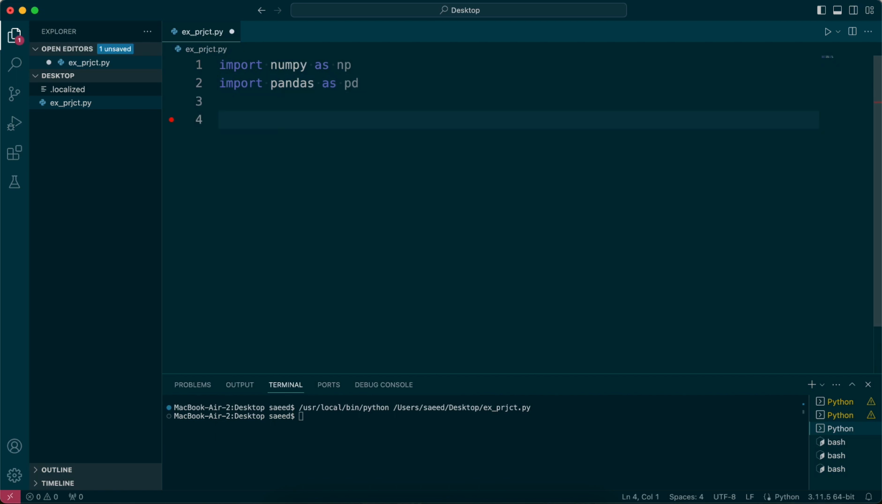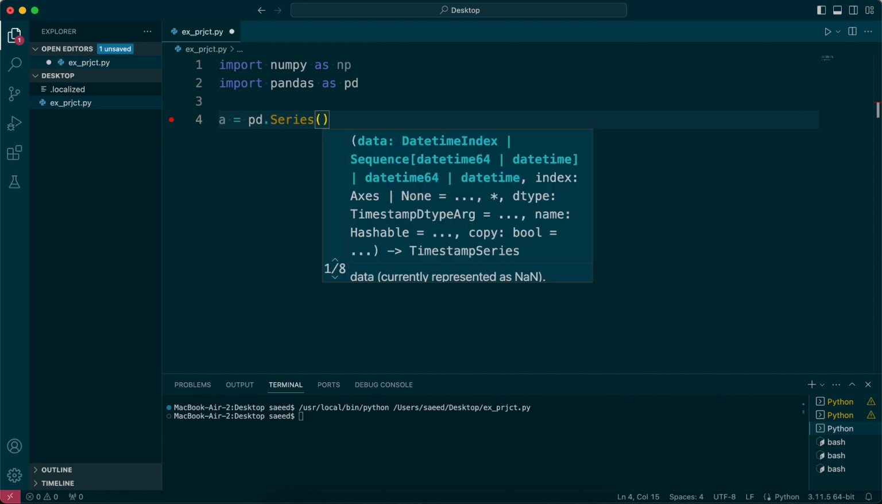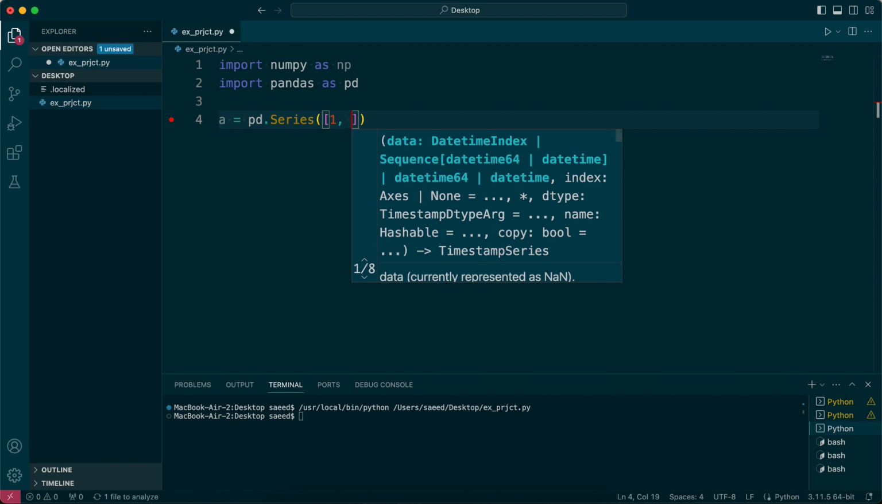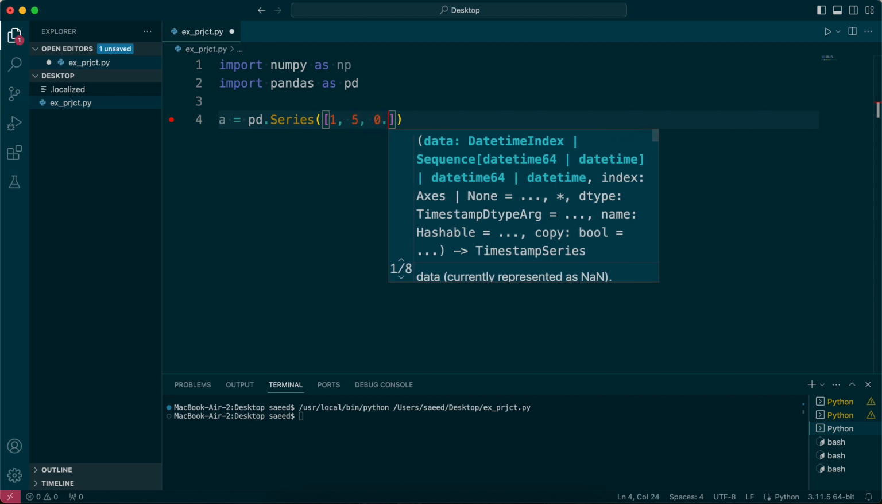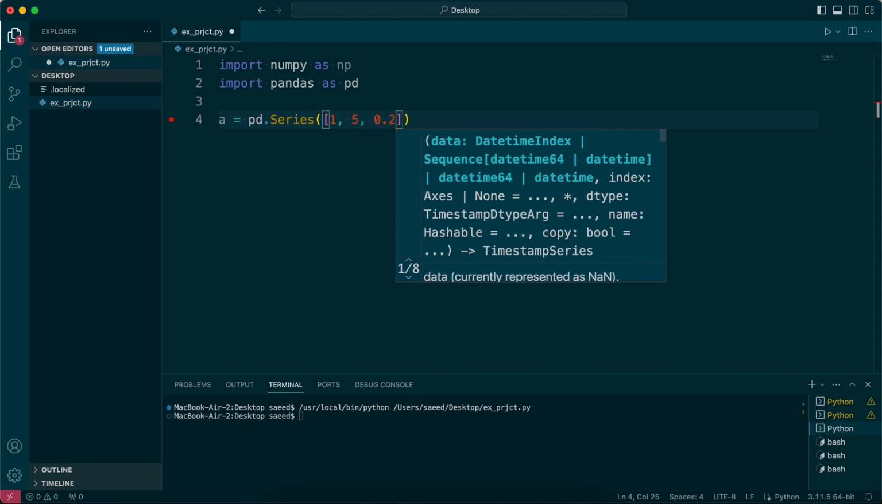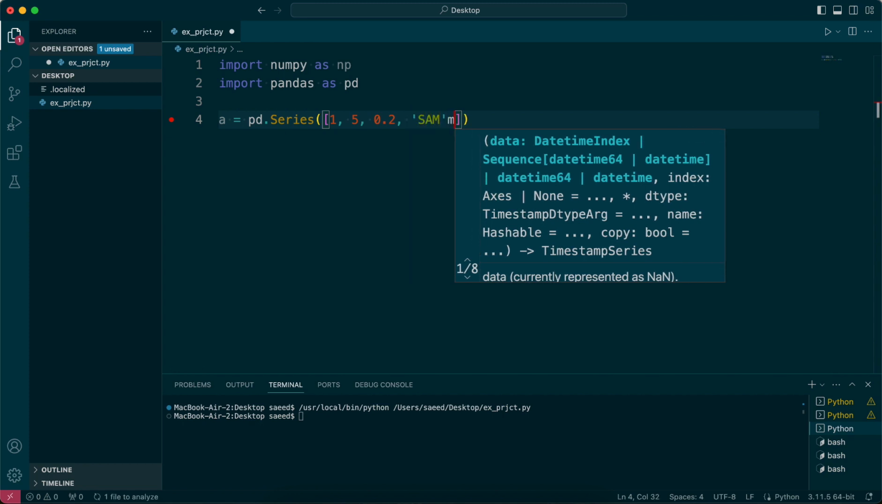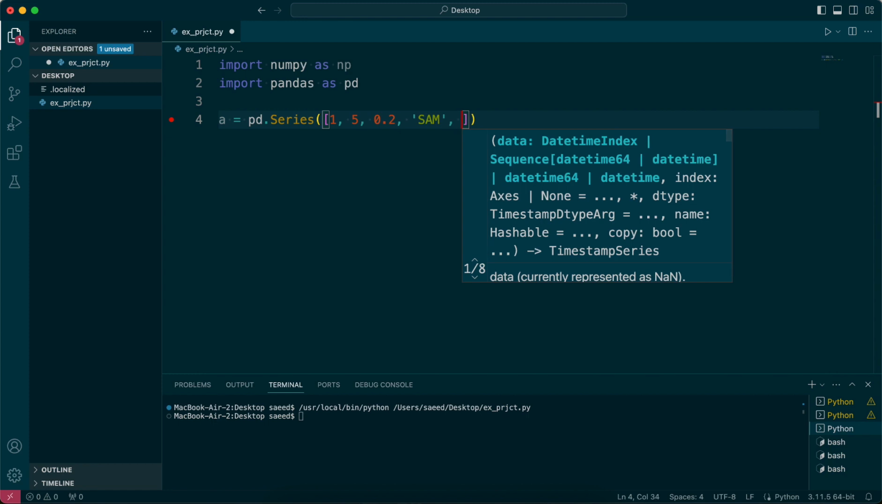But what can we do with pandas? A very simple example could be creating some data. I say pd.Series, right? It basically gives me something like a list, I would say, but not exactly a list. I'll show you how that is different. So I'm just going to go 1, 5, I don't know, 0.2, and then just some random string. Just going to go Sam, and